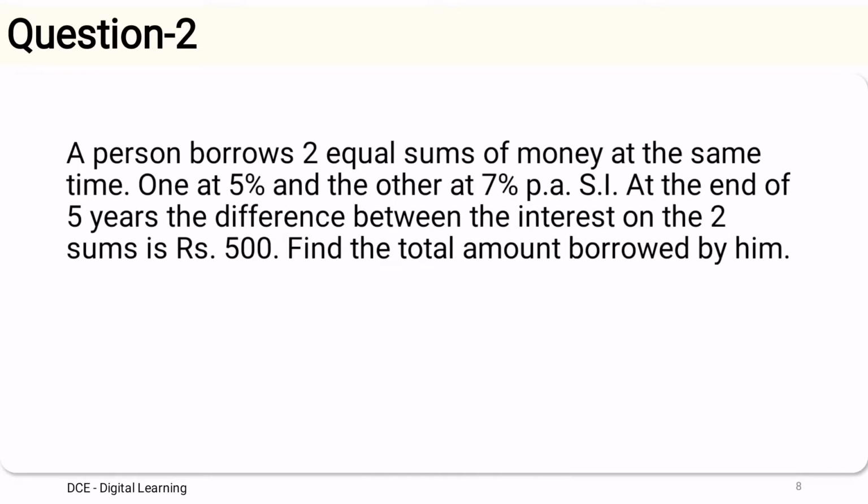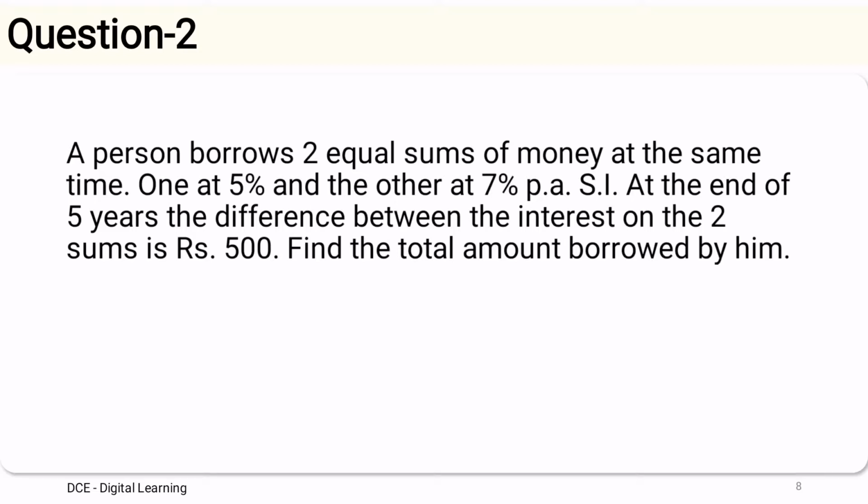Similarly, let us take one more example. A person borrows two equal sums of money at the same time, one at 5% and the other at 7% per annum simple interest. At the end of 5 years, the difference between the interest on the two sums is rupees 500. Find the total amount borrowed by him. So in this question also they have given two sums of money and the sums are equal. The first sum is borrowed at 5% and the second sum is borrowed at 7%, and at the end of 5 years the difference between the simple interest is